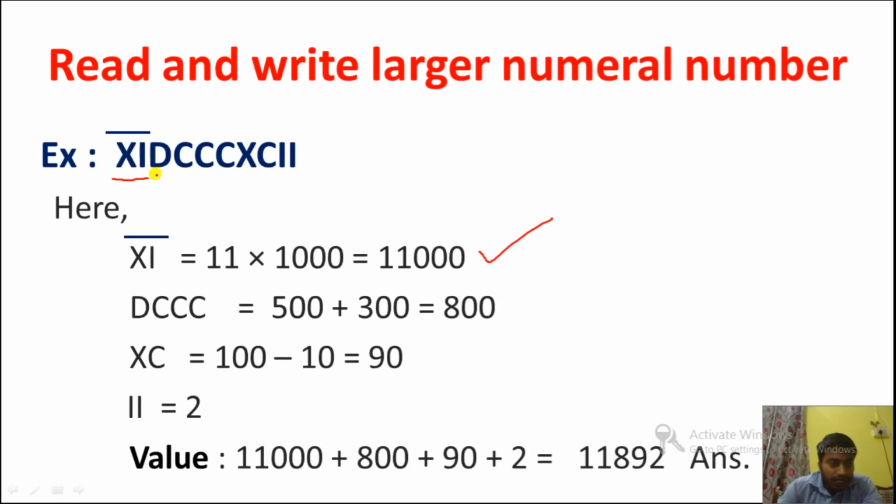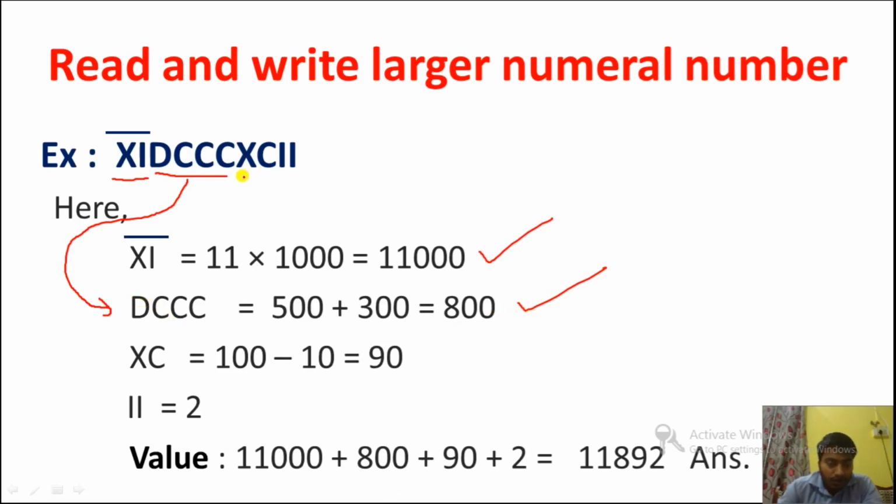Now come to this part, D, and D is a higher value symbol, and here you can see C is a smaller value symbol. That means there will be addition, but C is repeating how many times? 3 times. So we will take this part now: D, C, C, C. Value of D you know very well, 500 plus value of C 100, and C is repeating 3 times. So 100 into 3, 300. So 500 plus 300, 800. Why? Because C is a smaller value symbol and written just right of D. So when we add, we'll get 800.